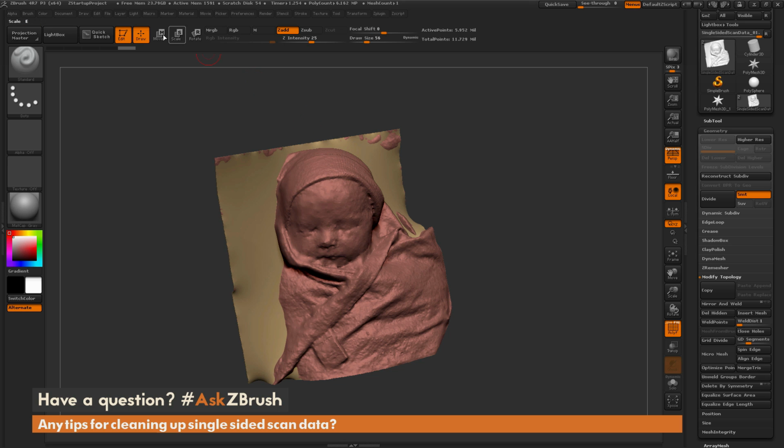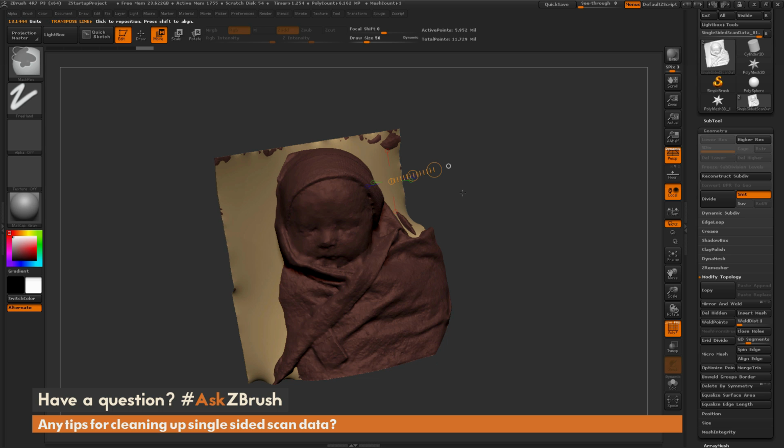So to do this, I'm just going to come up here and select the Move Transpose Line. And I'm going to hold Control, and then I'm just going to click on the polygroup of that closed holes area. So I'm just going to click right here. Now, if you have the Move Transpose Line selected, and you hover over a polygroup, press Control and click, this is going to mask everything but the polygroup you just clicked. So you can see here, I have all the closed holes geometry unmasked, and then the rest of the scan